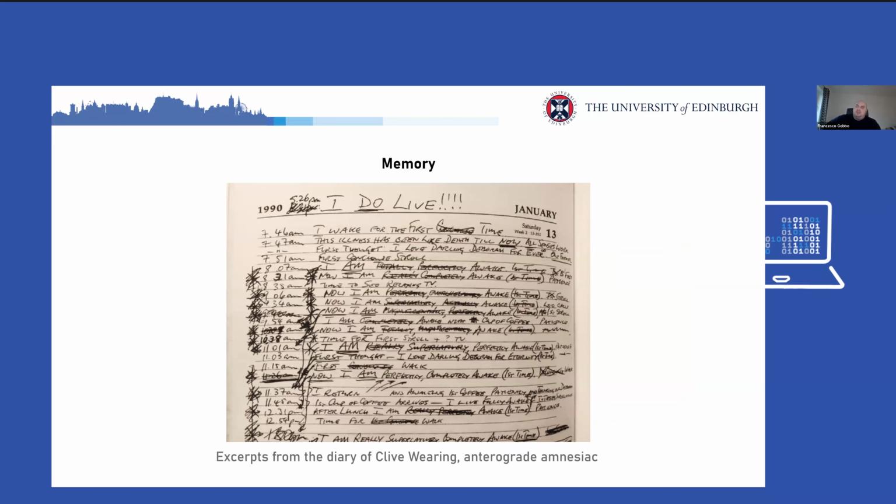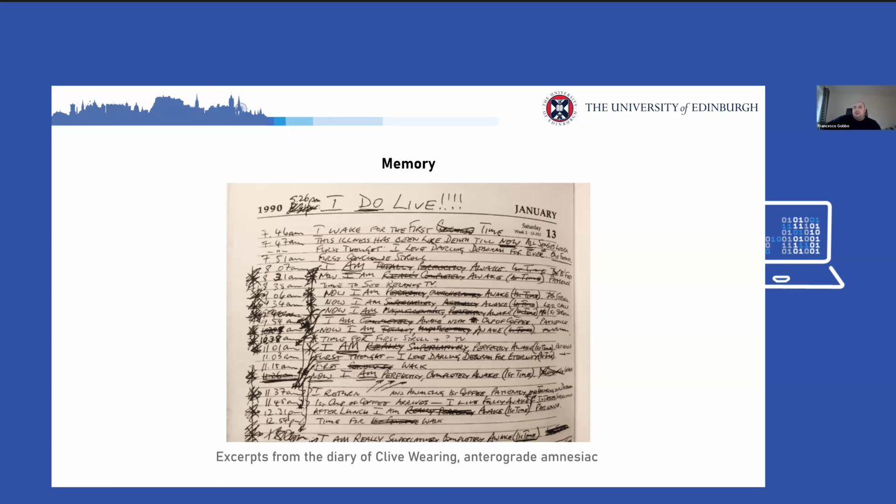Not only neurodegeneration, like in terms of Alzheimer's, but also other forms of neurodegeneration, like for example, the famous example of Clive Wearing, a famous musician and composer. He suffered from severe deficit in forming new memory and accessing past memories due to a very aggressive form of viral encephalitis. And what happened to Clive is that basically he was stuck in a constant present.